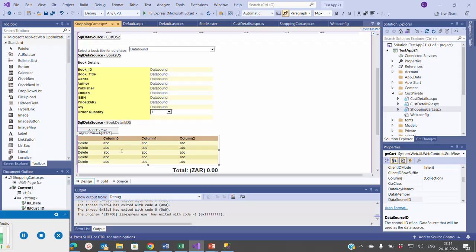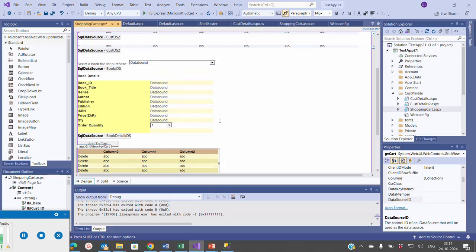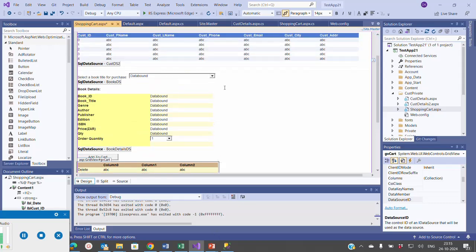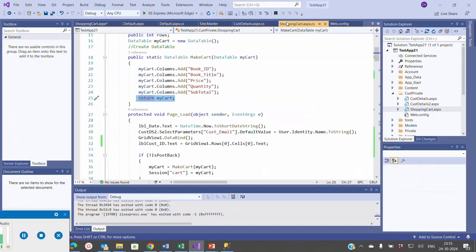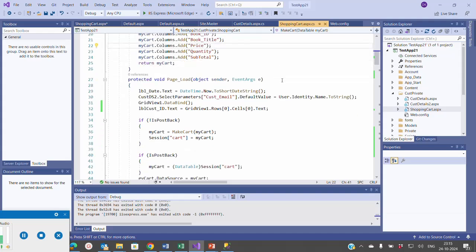This grid view will contain all the items that we have selected by clicking the add to cart button. With this kind of functionality, we will be further looking at other code that we have here in the shopping cart.cs file. On the page load itself, we have flagged it as: if not is post back, then we are initializing my cart